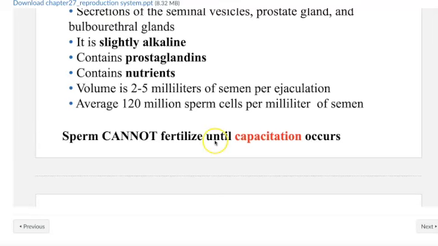The sperm cannot fertilize until something called capacitation. Capacitation is when the sperm actually undergoes a change. It has to go through the acrosomal reaction, like I told you about, where the covering of the head of the sperm has to go through some kind of reaction, and then